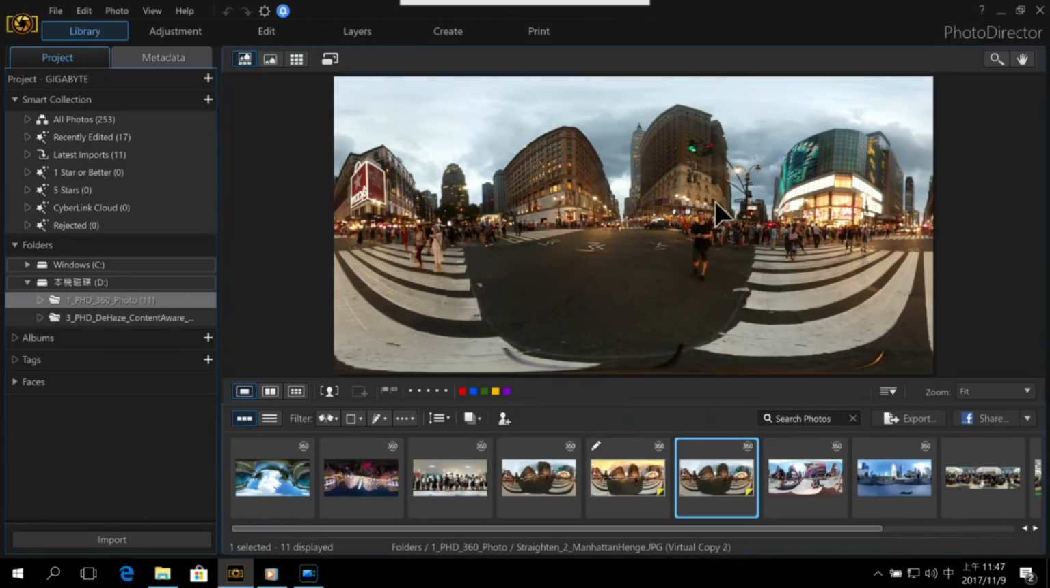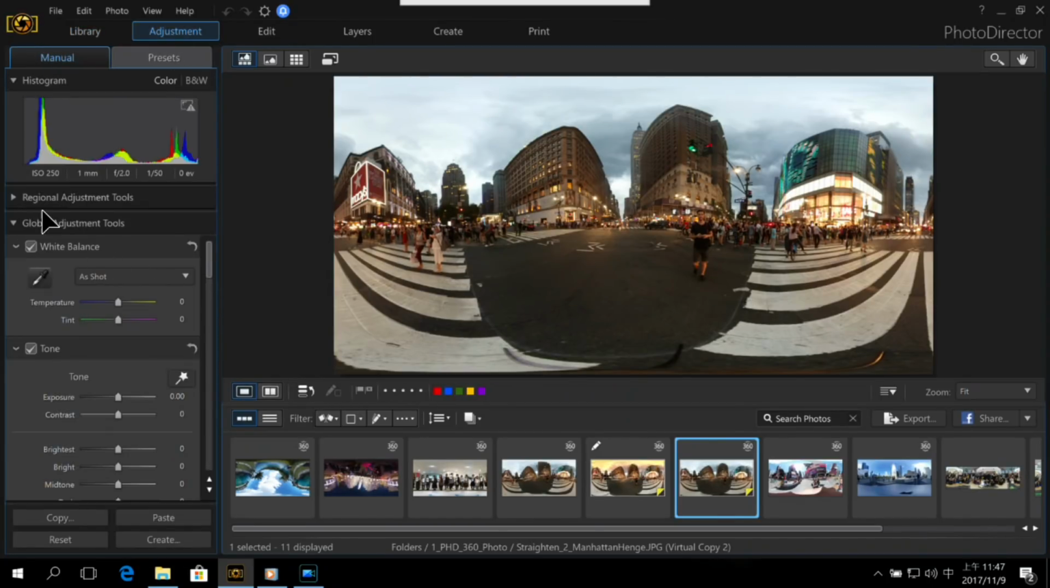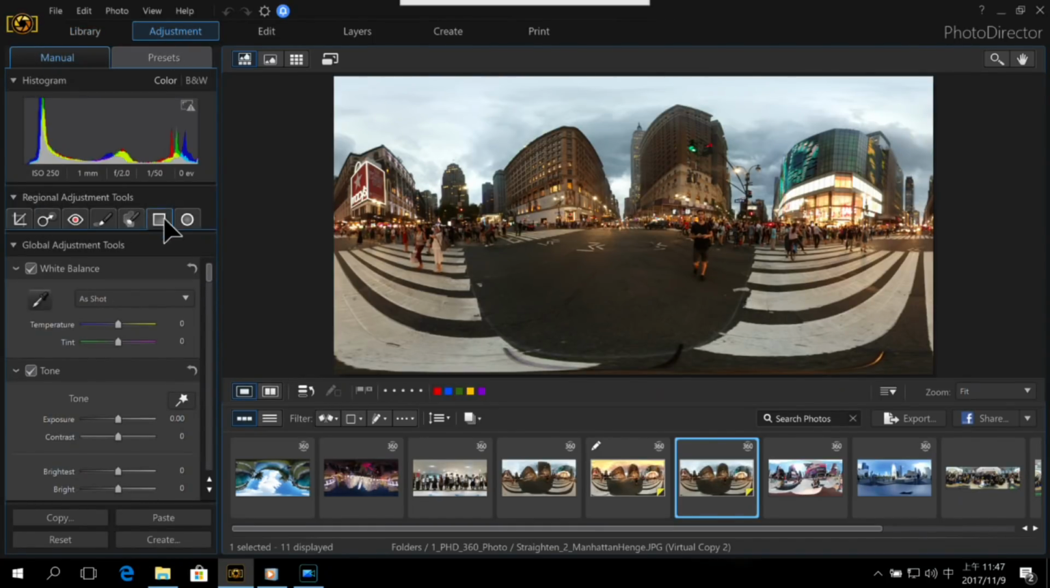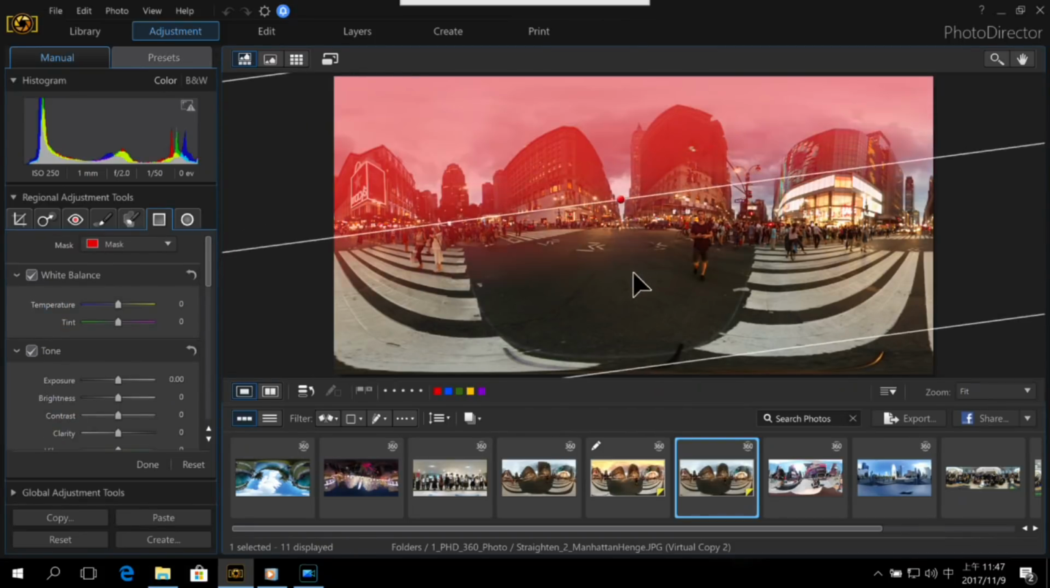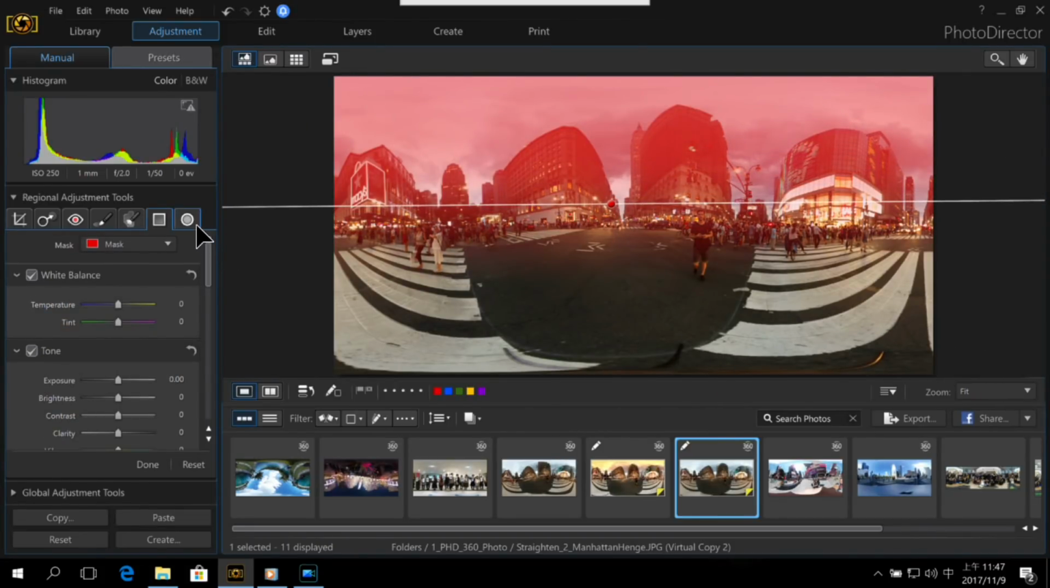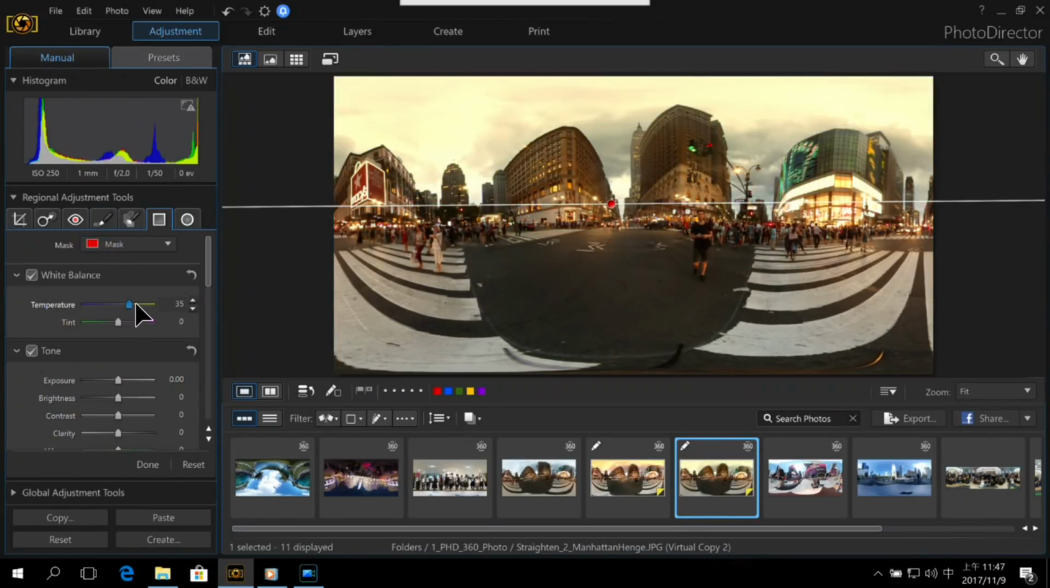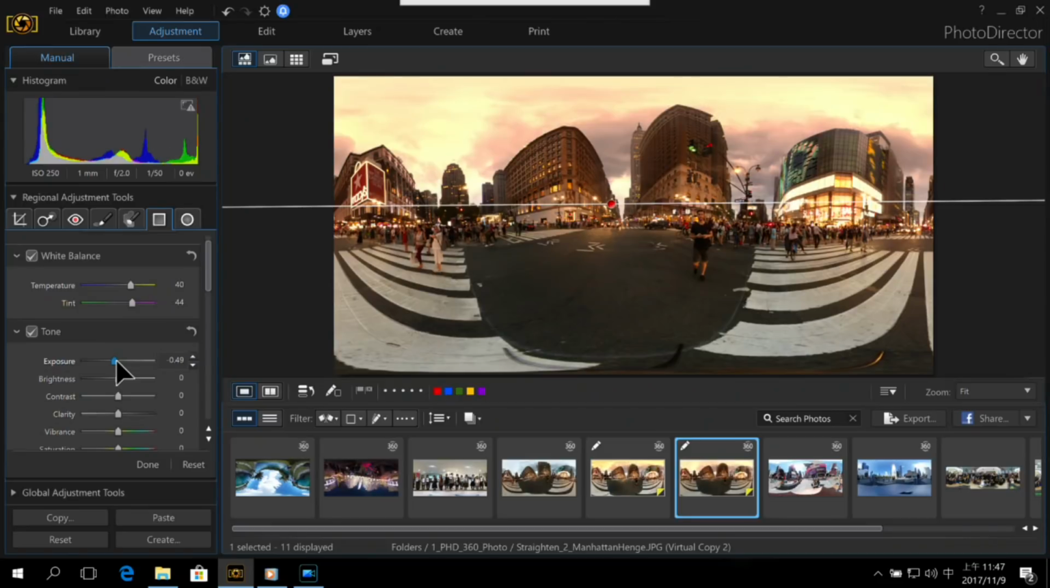Okay, and next we're going to do some color grading, as we did for the video before. We can do the same thing from here. When we go to adjustment, we have the gradient mask. You can do it like this, or we have the round gradient mask. Then I can just set the temperature to be warmer, and also the tint. Then maybe make the exposure